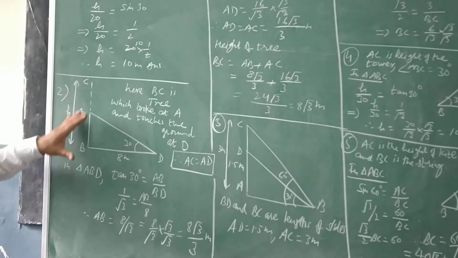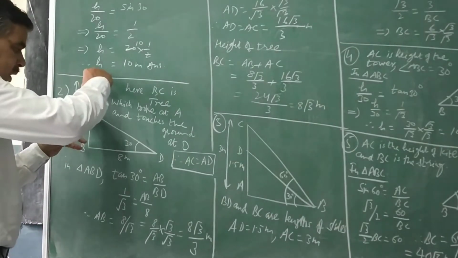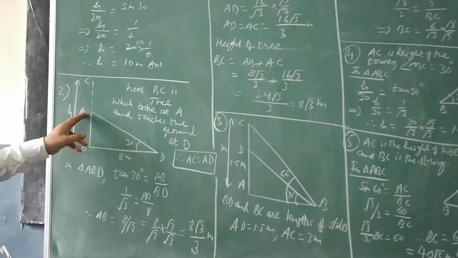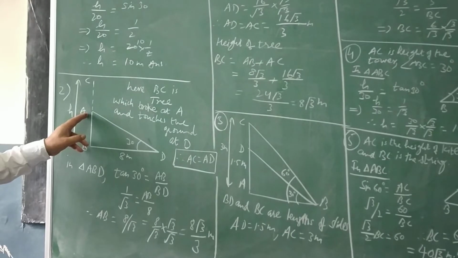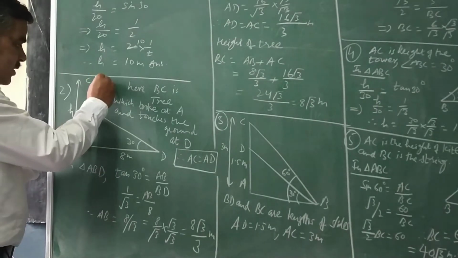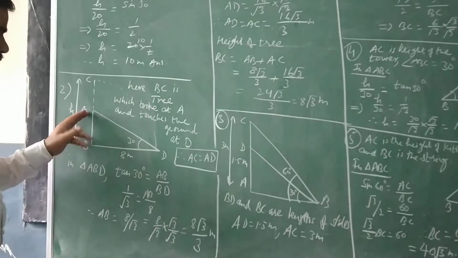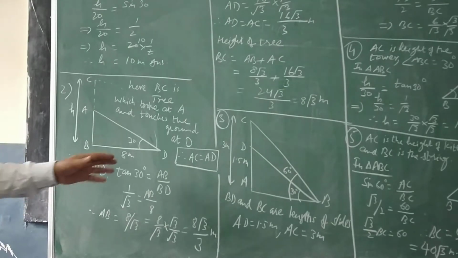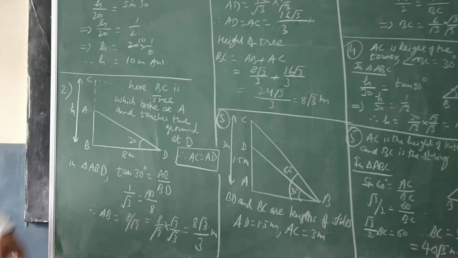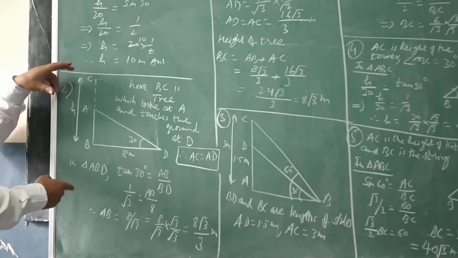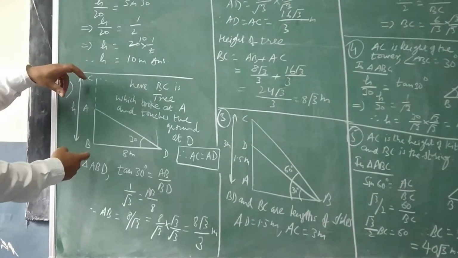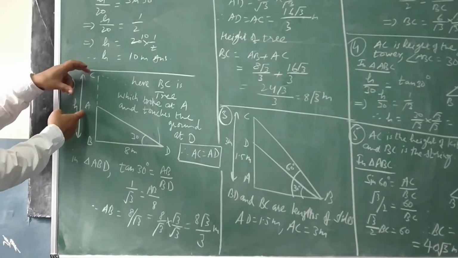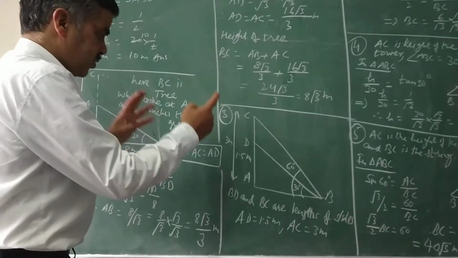So this situation makes it very clear that this AC part is bending down and touching the ground at D. The situation is something like this. This is bending down and touching here at D like this. Then your AC will be equal to AD, that you can mention just in the beginning of your answer. Now you study the triangle because you need to calculate the height of the tree, that is BC, which is now divided into two parts, AB and AC, where I can use this equation, AC is equal to AD.